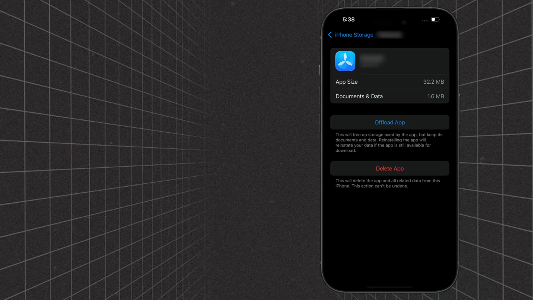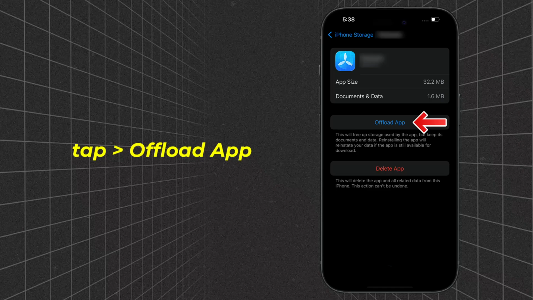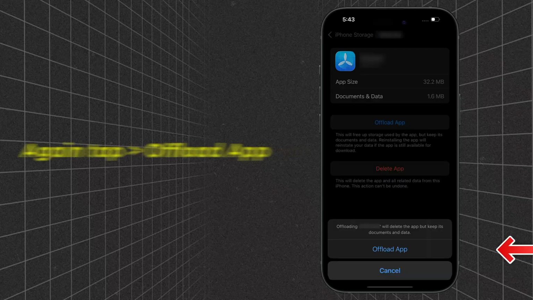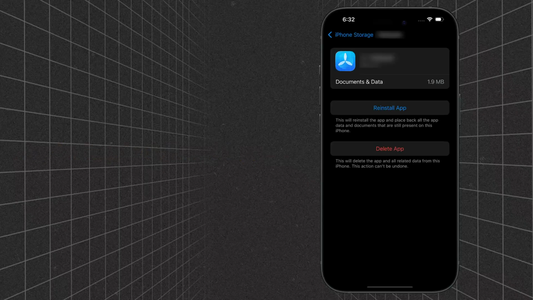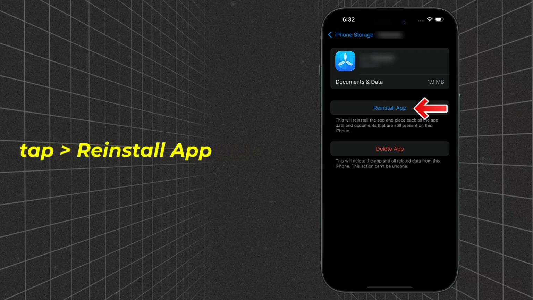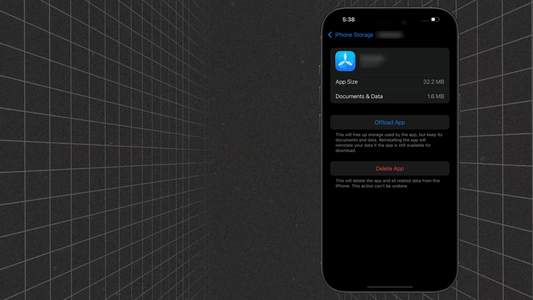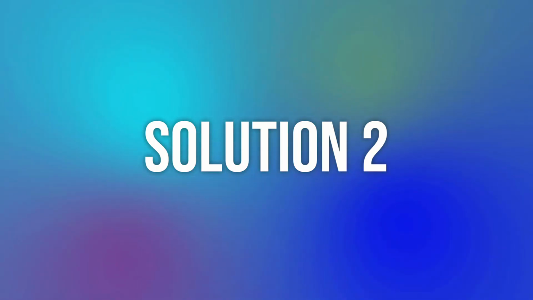On the next screen, you need to tap on the Offload app option. A confirmation pop-up will come up. Now tap on the Offload app option here. It'll take a bit for processing, and then a reinstall button will show up. Simply tap on it to reinstall the app. This should resolve the issue, but if it doesn't,